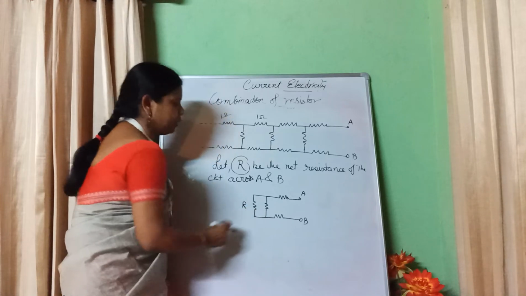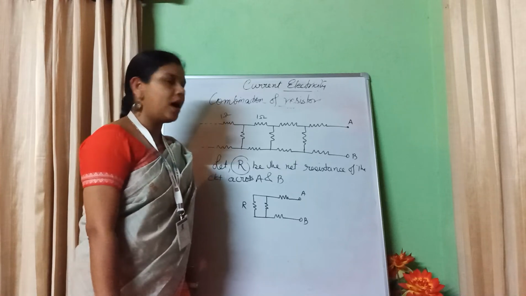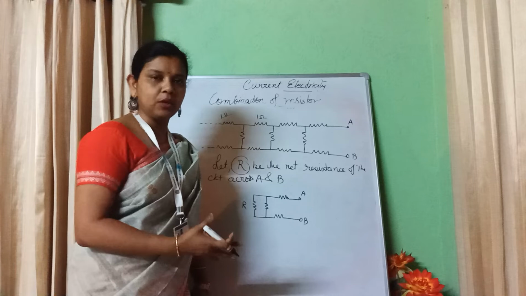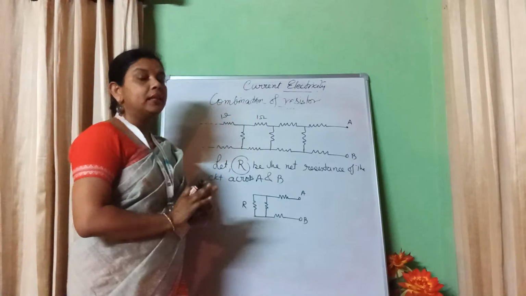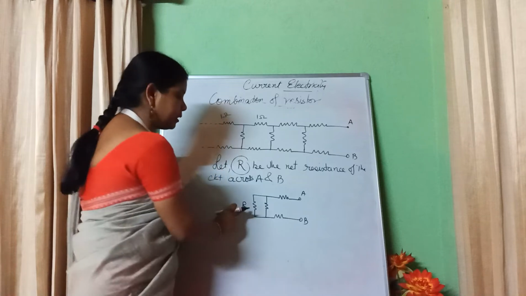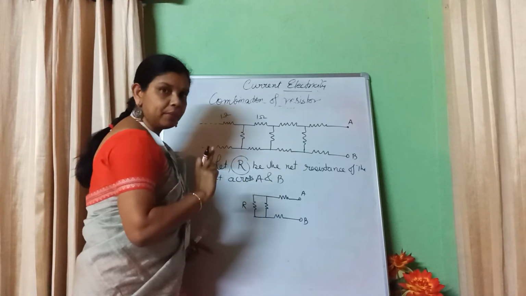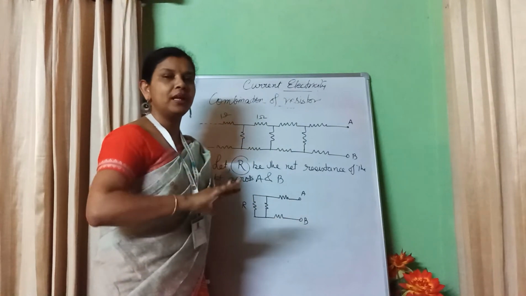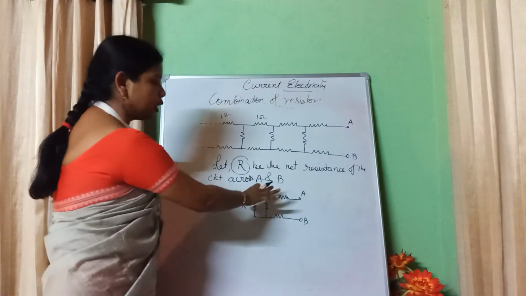Now you might have a big question, ma'am, how can it be possible? See, if R is an infinite loop, whatever value we get, if you add to it or divide it or do something, no change will occur, because here it will be a parallel combination. So the equivalent will remain nearly the same. So this is my equivalent circuit now.